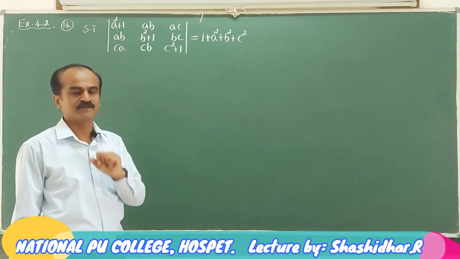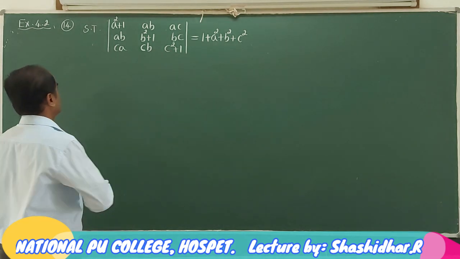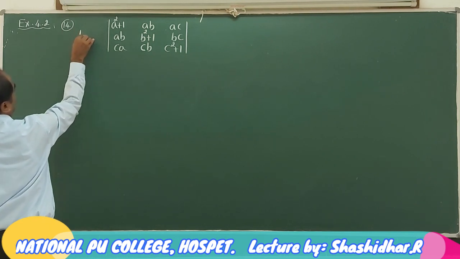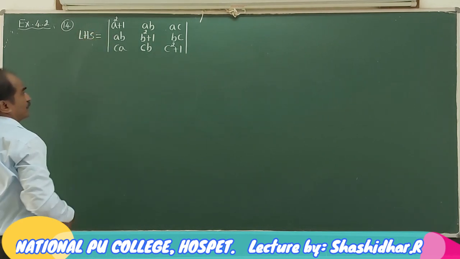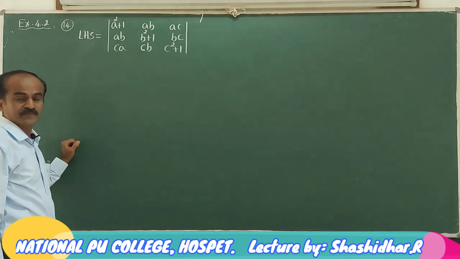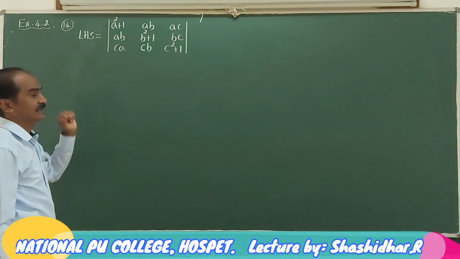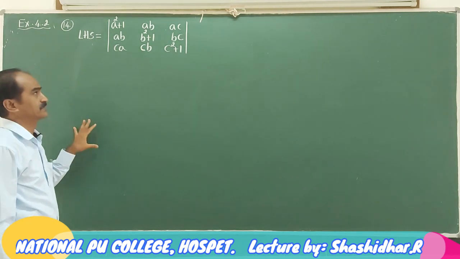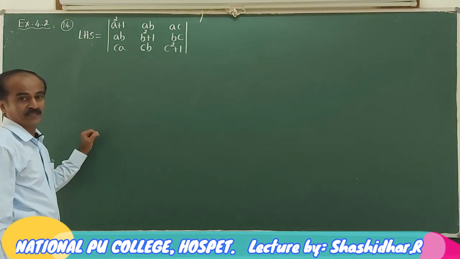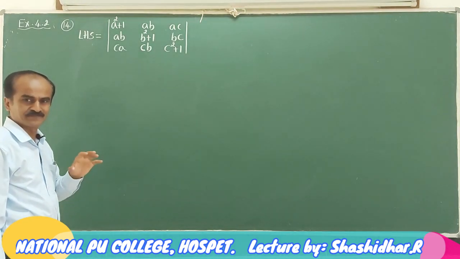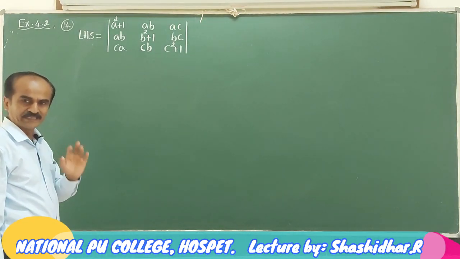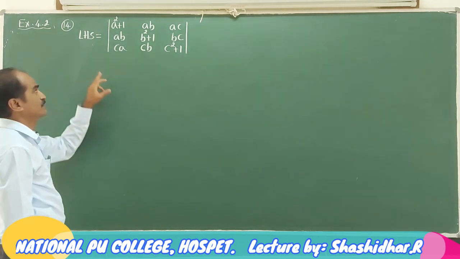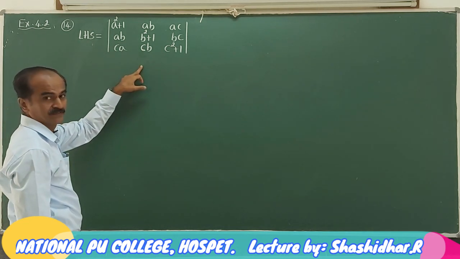In order to modify the elements like that, what I have to do is, I multiply first row elements by a. Multiplying first row elements by a is as good as multiplying the whole determinant. As we multiply some number to the determinant, obviously its value changes. To retain the same value, I have to simultaneously divide by the same number a. So I am dividing and multiplying by a.